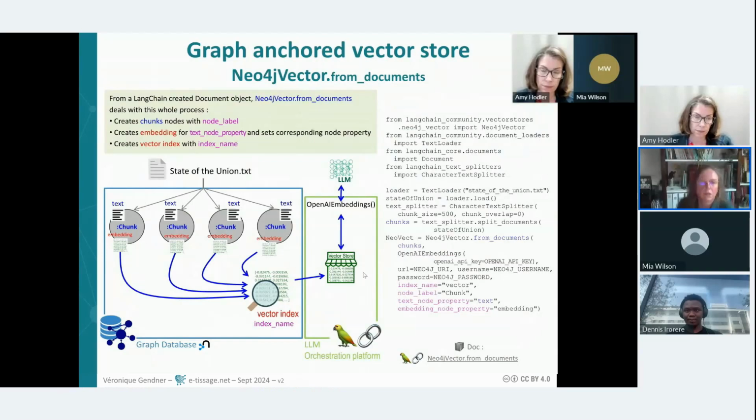And the third way you can build a vector store in LangChain is with the from document method. This is because LangChain has a class document that is meant for different kinds of processing with documents, that is chunking and another kind of NLP processing on documents. So if you have a document in such a class in LangChain, you can directly build a Neo4j-backed vector store